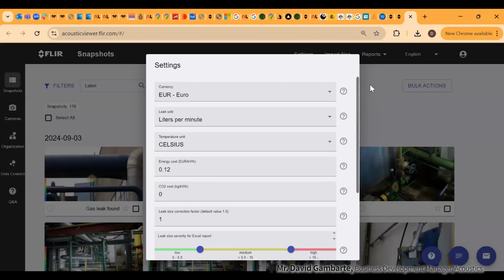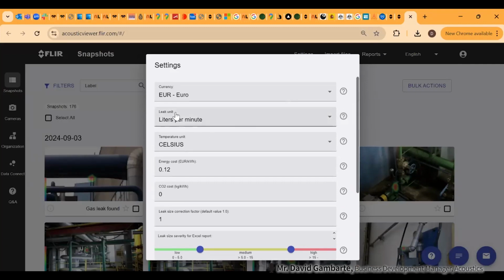In settings in the cloud, you will be able to set up the currency. Naturally, I have this in euros. It's the currency we're using here, but of course, you will be able to set up your own currency depending on the region, because some organizations, for example, work in dollars as a currency reference. So you can use whatever currency you wish.